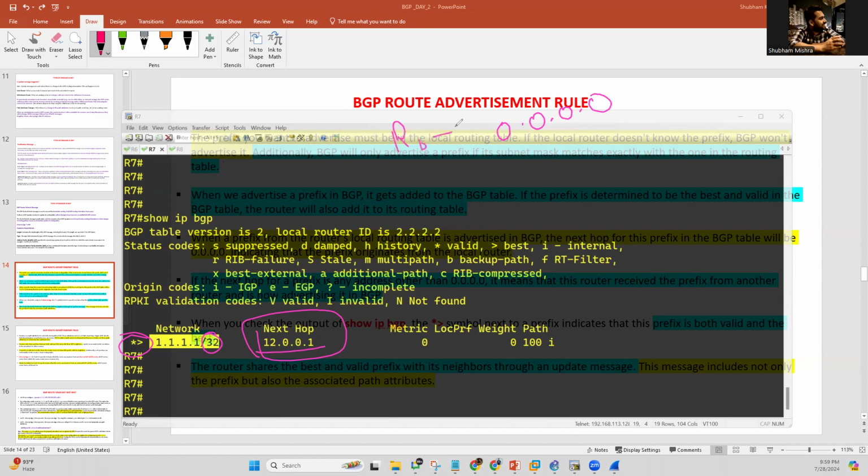On R6 you find 0.0.0.0. Why? Because on R6 you are advertising 1.1.1.1, and 1.1.1.1 is already present on R6. It means R6 is self-advertising this. Are you getting my point? It means the prefix which you are advertising, and that prefix is present in its local routing table, that is called self-advertising. So that's the reason next hop is